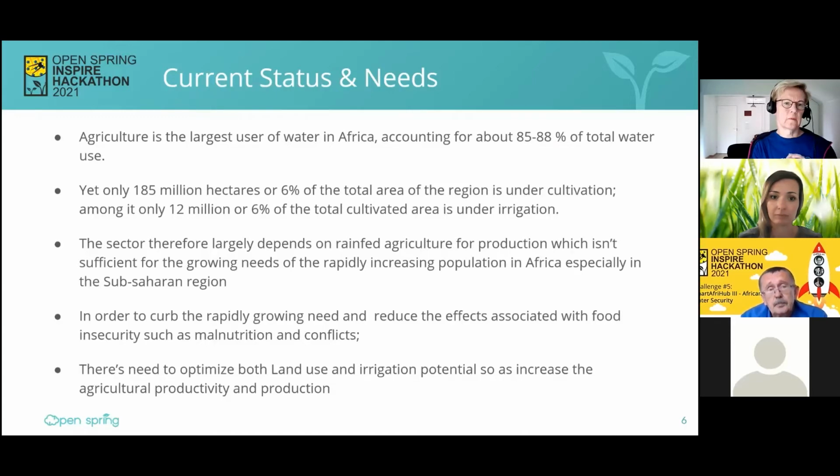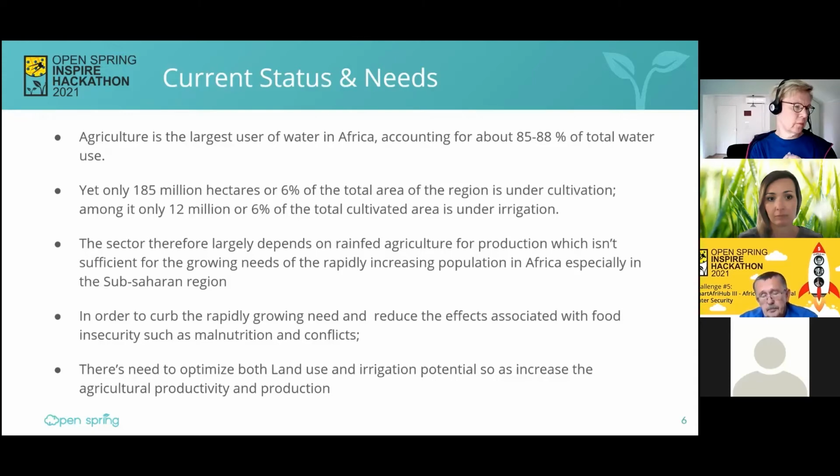However, only 6% of the total land in this region, which is roughly 185 million hectares, is under agricultural use, in this case, cultivation. And worse still, only about 6% of this is under irrigation.